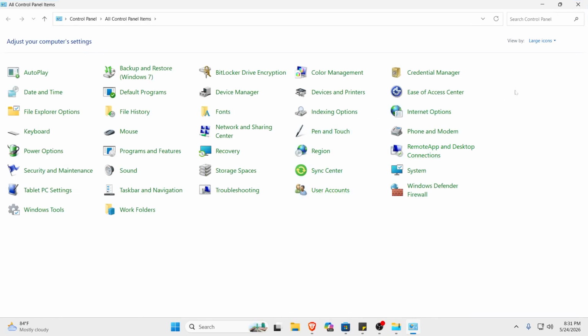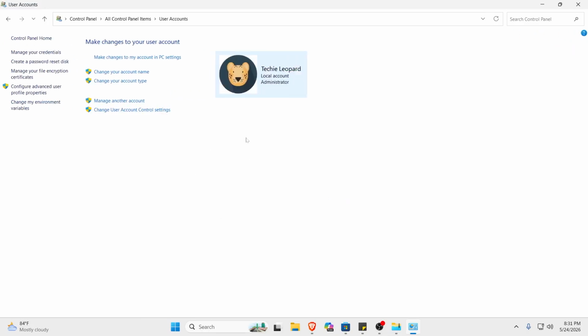And after you do that, just make sure View By is set to large icons. And here at the bottom, you'll find User Accounts. Just go inside this. And after you do, and make sure you're in the right account, you can click on